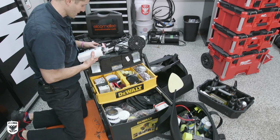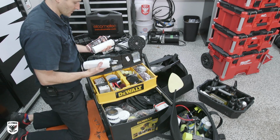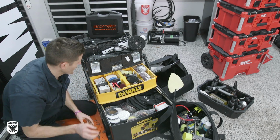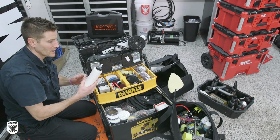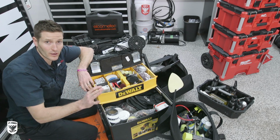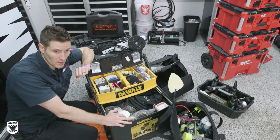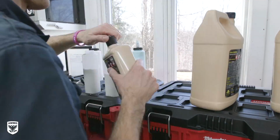On the top here, I typically have my bottles. This is compounds and polishes. Let's see, I have a little bit here. Occasionally, these do leak. And I don't carry a whole lot of polishes and compounds, just enough to get me through a week or two, and then I come back and fill them up,